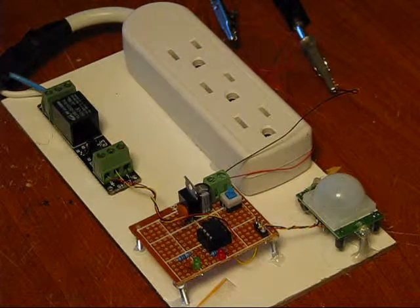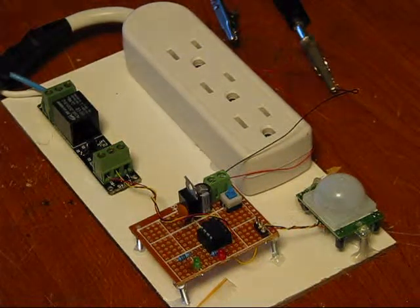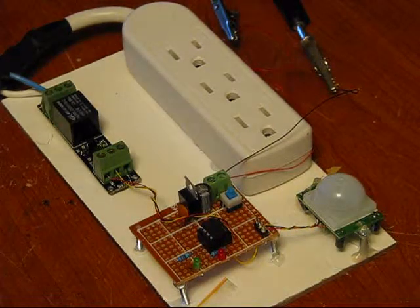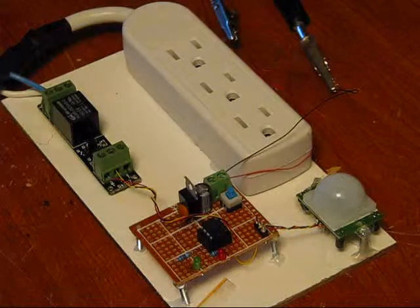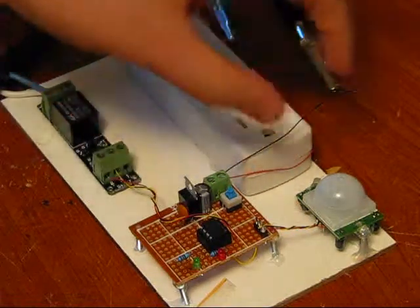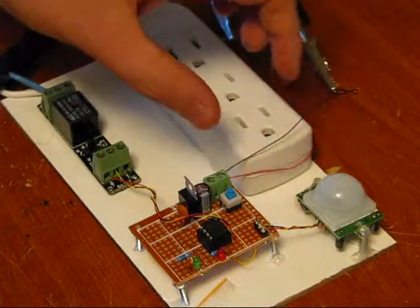Just showing off a little experiment I did this past week, nothing really all that special, but something a little bit fun. I'm going to use it at Halloween to scare some kids. We've got a motion detector, a PIR sensor, a passive infrared sensor module that we sell at engineeringshock.com and